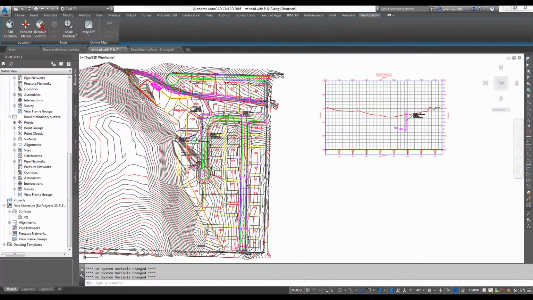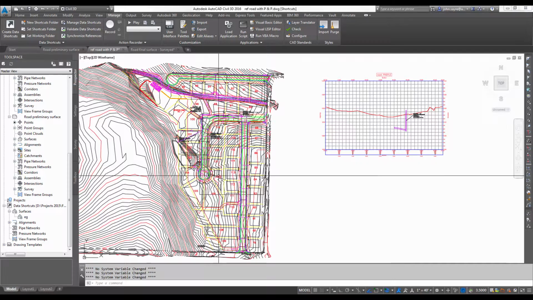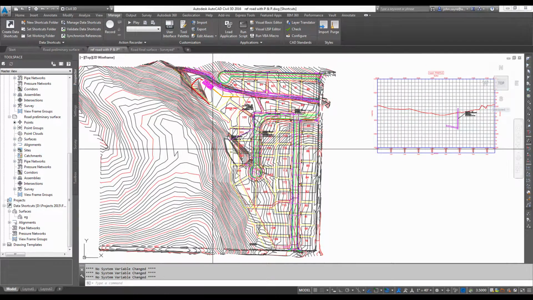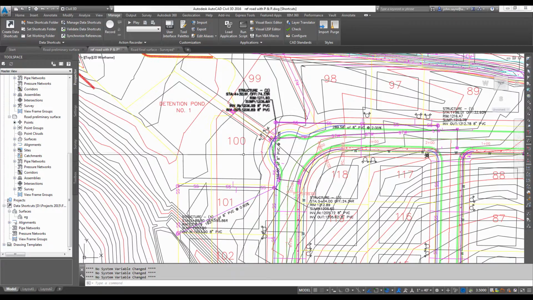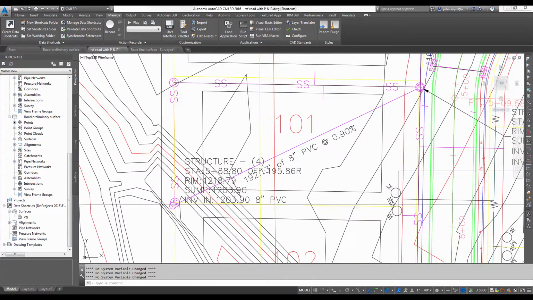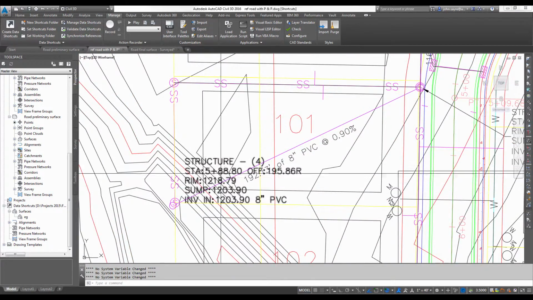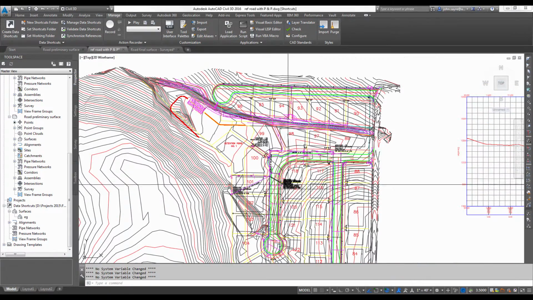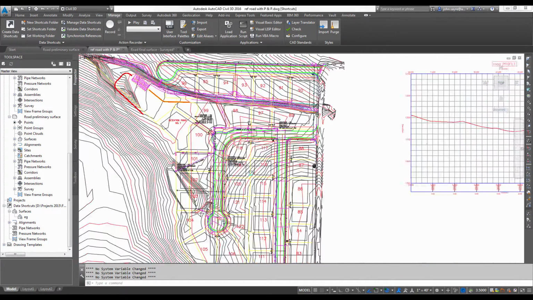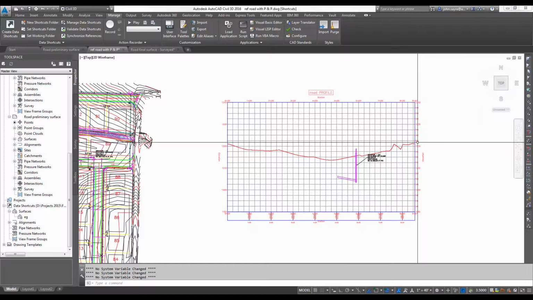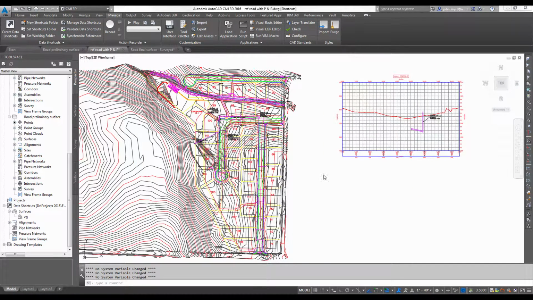Now, our draftsman or designer or engineer has brought in that surface and the XREF of the phase 2 background, and we've built an alignment and a profile and thrown some pipe networks out there. So over here in this area, we've got sewer manholes, we've got manholes running up the road. Again, we've got vertical on our road. We've actually gotten quite a ways with our design, but now the surveyor's come back and has updated the surface,